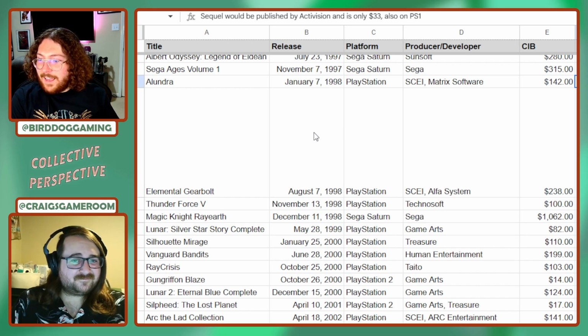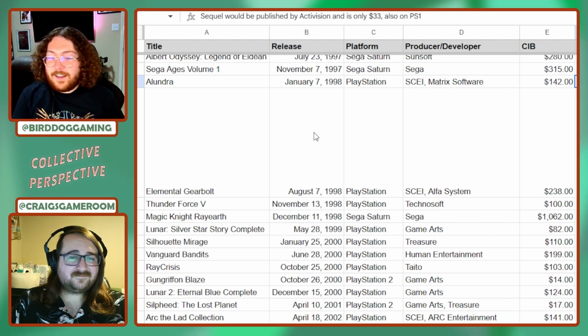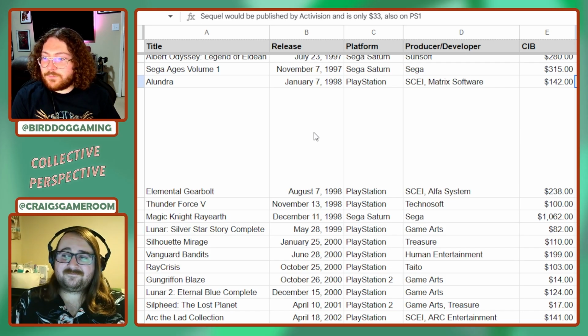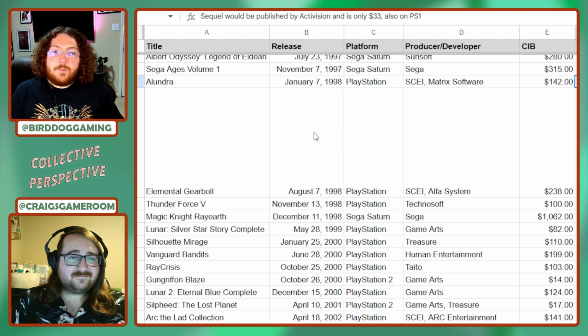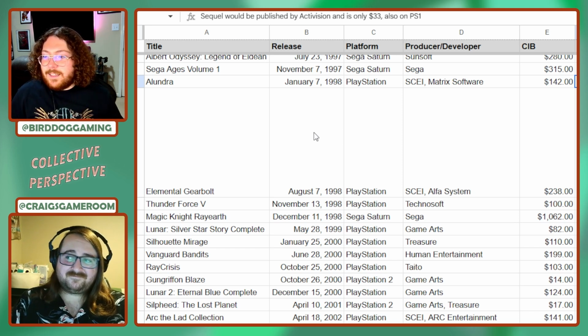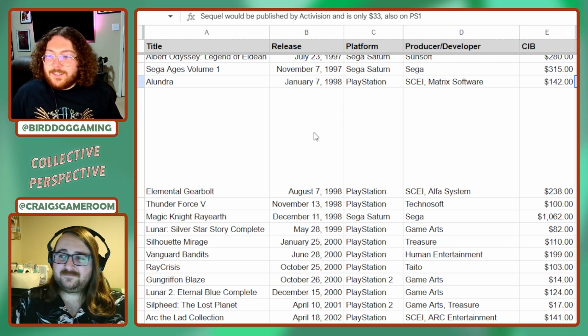There was a copy that sold this year on Heritage, 26 grand, casually. And it was the gold memory card version. Game-Rave does own one. He has the red memory card variant. There was one given away at a tournament at CES. What does CES stand for? Some kind of expo. Computer Entertainment Expo. So that was in, I think,